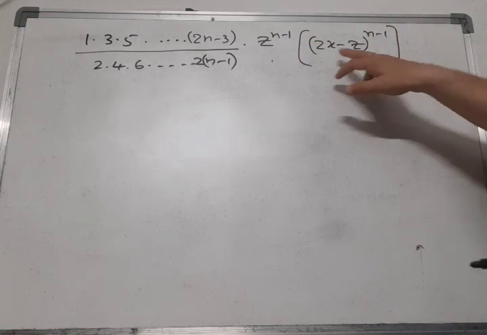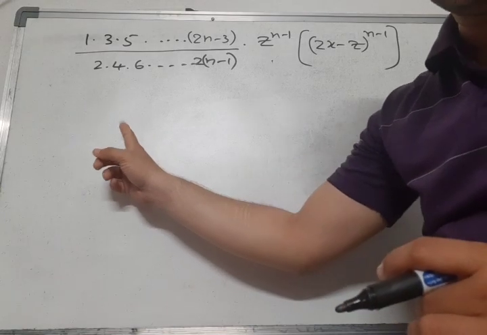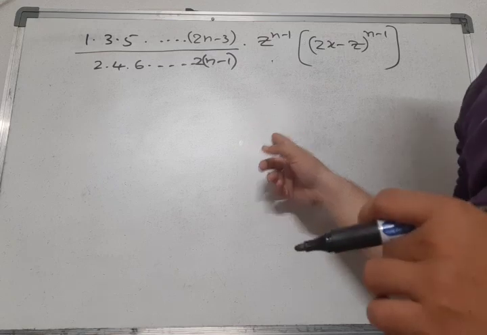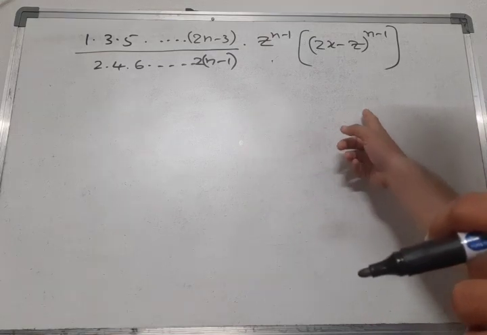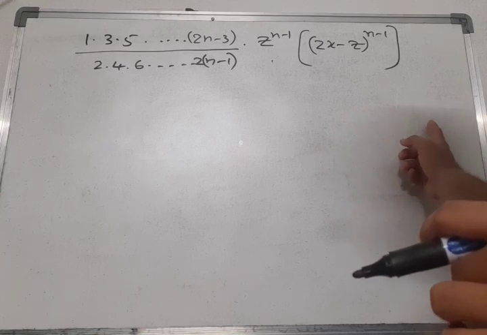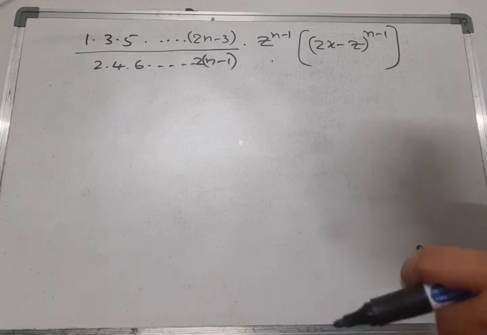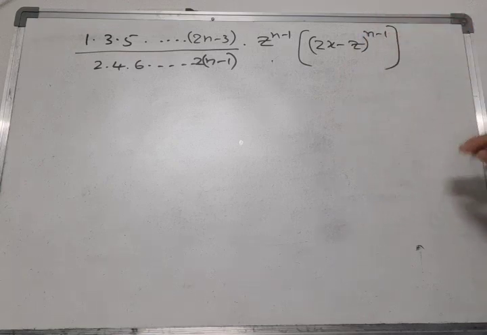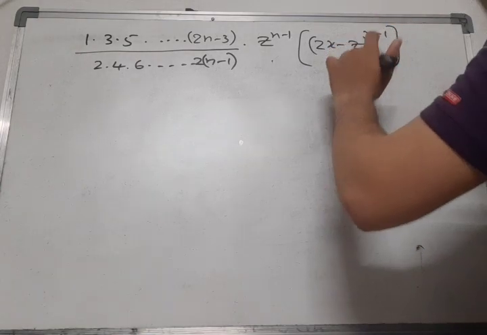You just expand this using the formula from before. What is that? (a minus x) whole to the power of n is nothing but a to the power of n plus nC1 into a to the power of n minus 1 into x plus nC2 into a to the power of n minus 2 into x power 2 plus and so on like that. Okay, so like that we are going to expand this one also. So what will we get here, now let us see. Let us expand this.